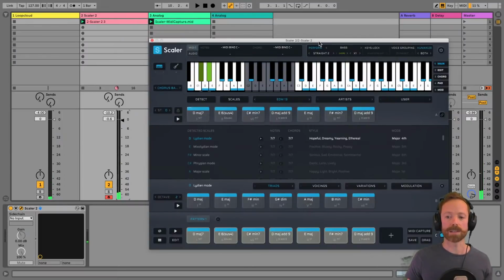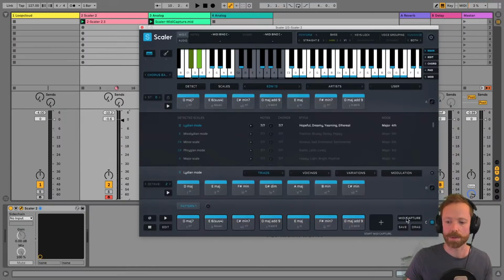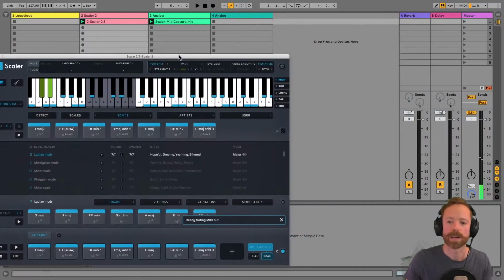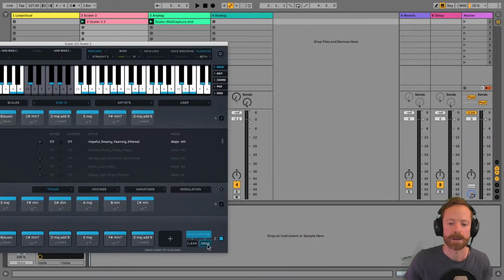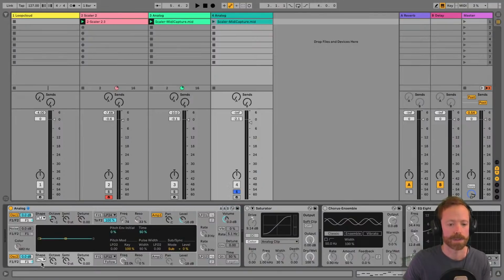Nice. And then once you've found the pattern you're liking, of course, you can just do exactly the same thing. So you hit MIDI Capture here, play it in, and then just drag it onto another track once again. And I've got it again on just a track with a default instance of Analog, only this time it's playing a square wave, a bit of a sawtooth over the top as well.